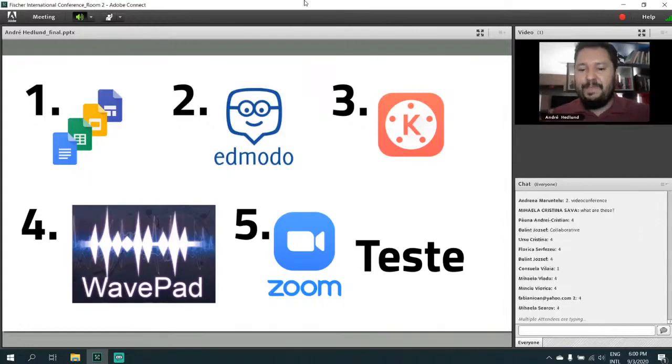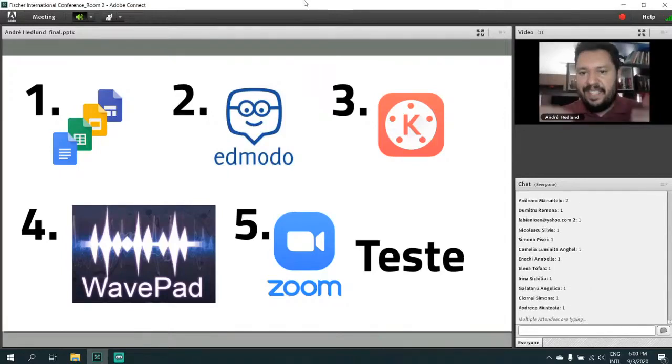Excellent. Edmodo, have you ever heard of Edmodo? Which pillar? I'd say Edmodo is one. Edmodo is a learning management system very similar to Google Classroom in that regard. And I think it feels like Facebook. So it's the place where students go to find the activities, the sequence, and everything.